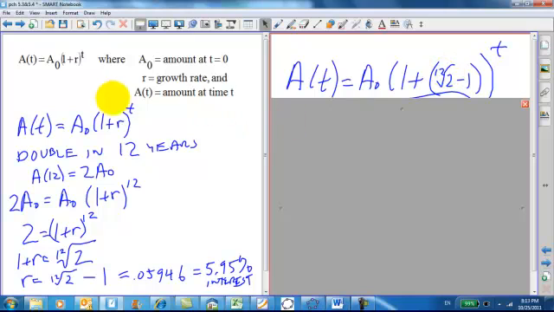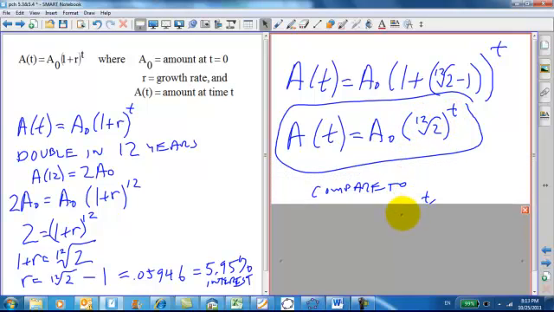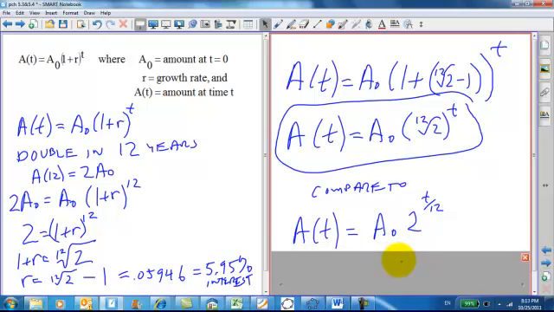Well, we can replace r with the 12th root of 2 minus 1, and we can see that this simplifies a lot, because the 1's will cancel, and we get, here's the form of the equation, a naught times the 12th root of 2 to the t. Now, compare that to what we had before, and you can see that these really are equivalent, because the 12th